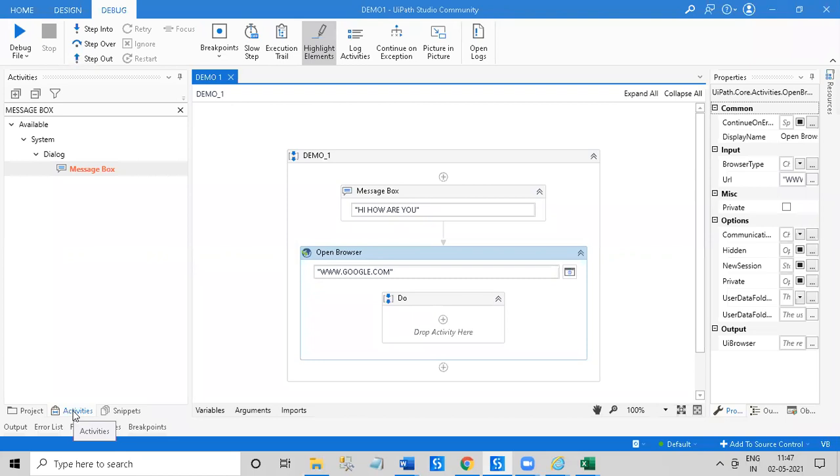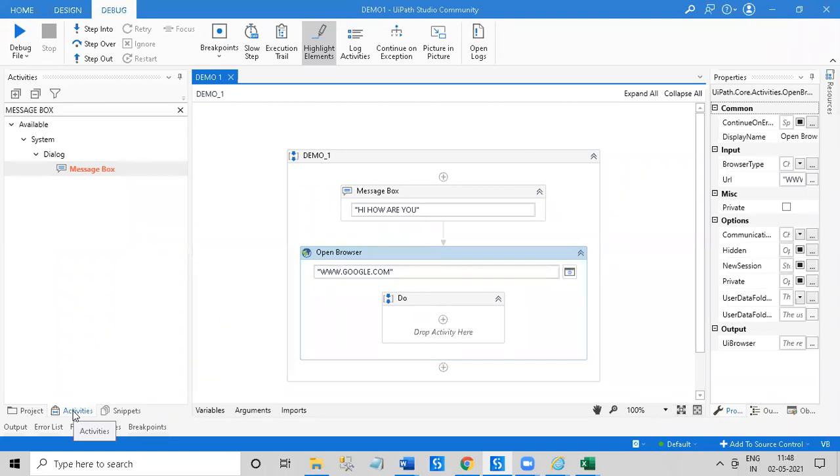And we have the Orchestrator. Orchestrator is the central component as well as the heart of UiPath, where we can do n number of things. We can schedule our process, deploy our process, manage our process, delete our process, and create assets. There is a security purpose too. Let's suppose I have to log in using a user ID and password. We cannot directly use the user ID and password in the Studio. So we keep the assets in the Orchestrator, and from the Orchestrator we fetch the user ID and the password.